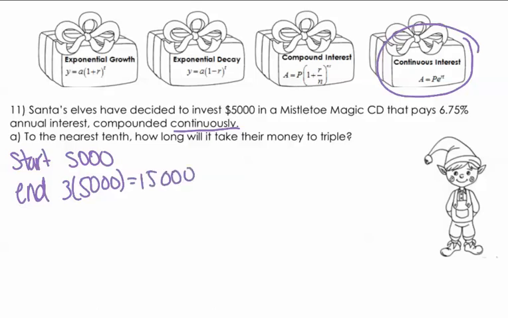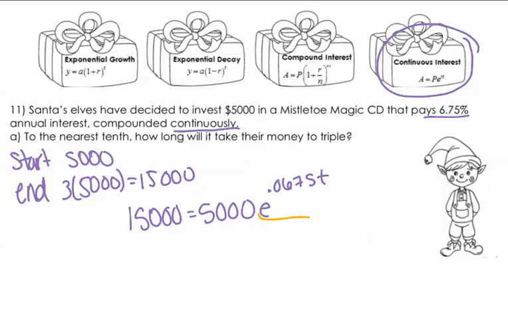So as we think about setting this up, that ending amount is that 15,000, that starting amount is the 5,000, and then we have e. The rate of 6.75% is 0.0675, and again, we're going to be solving for t. So the first thing you're going to want to do is isolate this exponential base. So I'm going to do that by dividing by 5,000. So 15,000 divided by 5,000 is 3. And then we have e to the